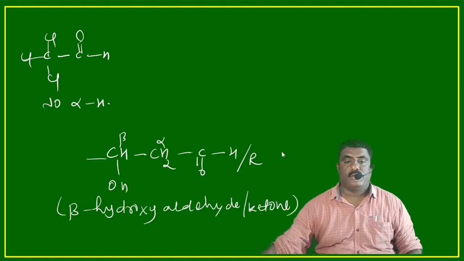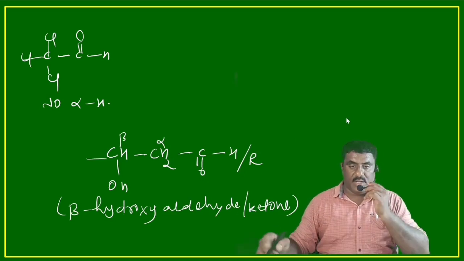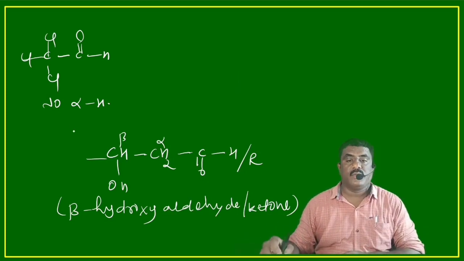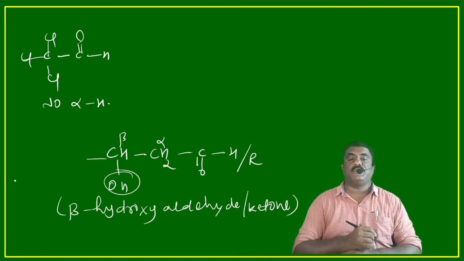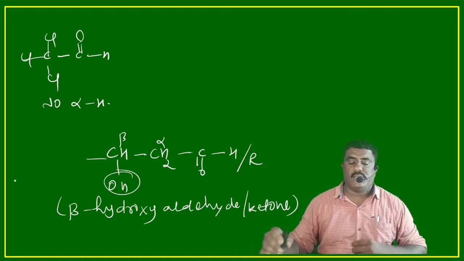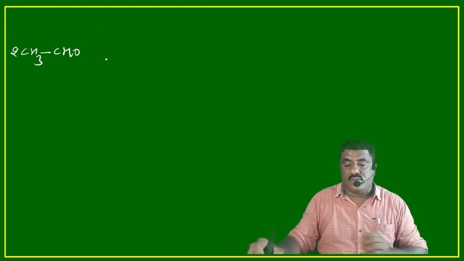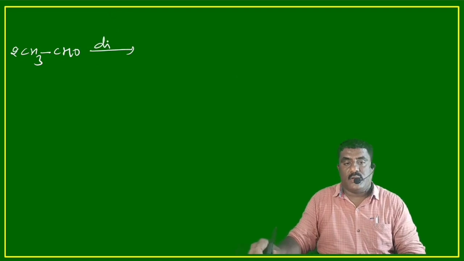See, beta hydroxy aldehyde. This is the alpha position, this is the beta position. Beta has an OH group, so it is a beta hydroxy aldehyde. See what is the actual reaction of the aldol condensation. Two moles of aldehyde in the presence of a dilute base like sodium hydroxide or potassium hydroxide